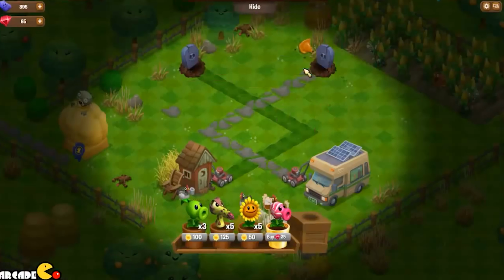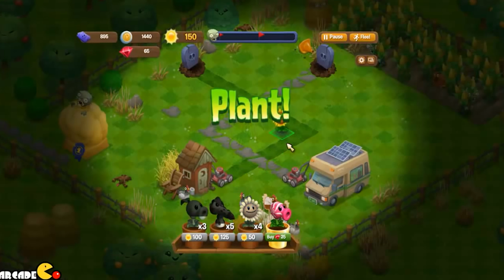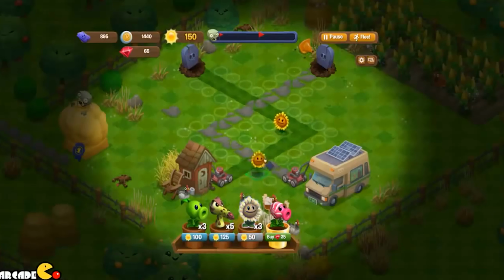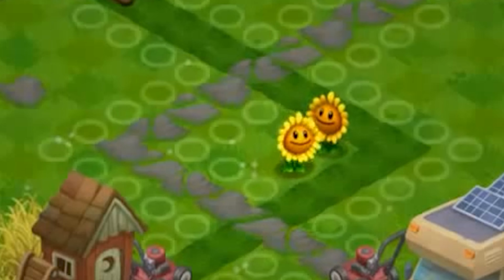The next game is called Plants vs Zombies Adventures, which was released on May 20th, 2013. This game actually wasn't available anywhere on the App Store or Play Store, but rather Facebook. This game featured different planting mechanics than all the other games. In this game, you can place your plants anywhere around the track, which was kinda similar to something like Bloons